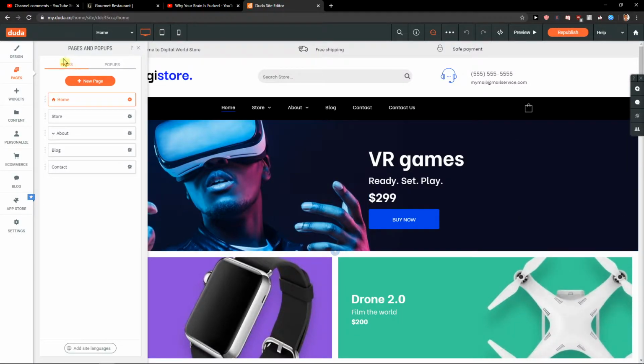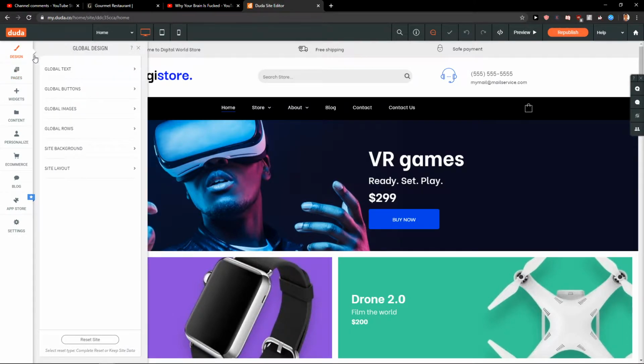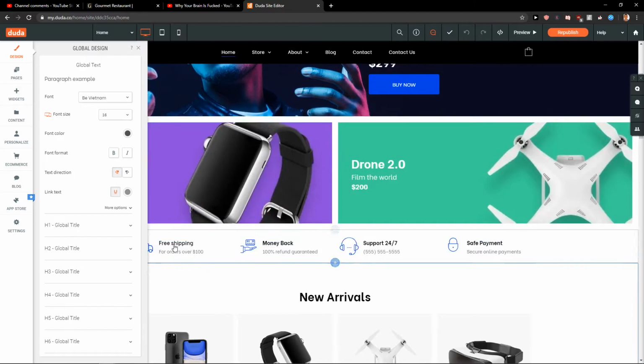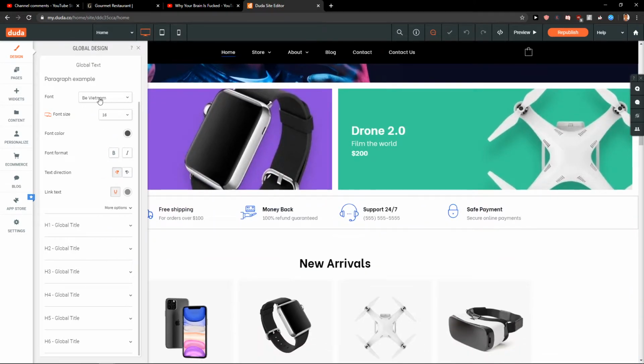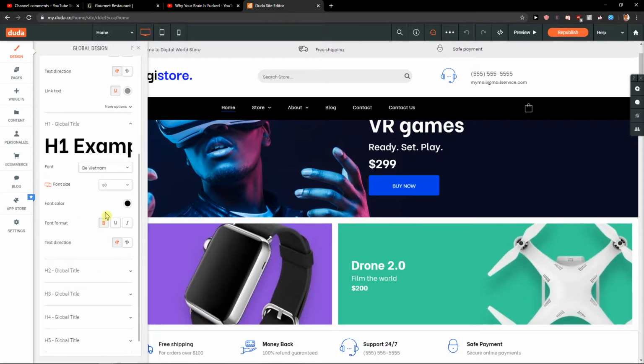So let's start. First, what you want to do is just click here on design. When you're in design, you can just choose the global text here and you can change the text for everything, right? So you can see here the paragraph example font here. Then you get also right here